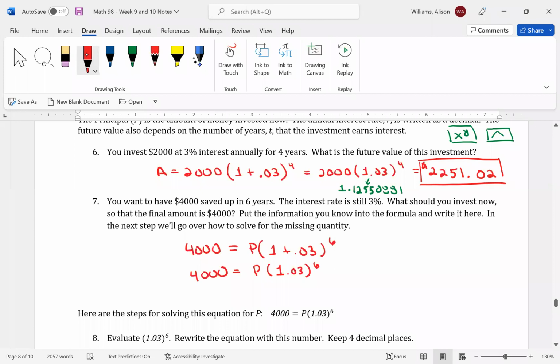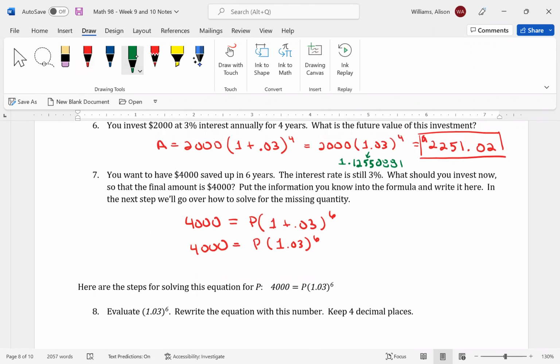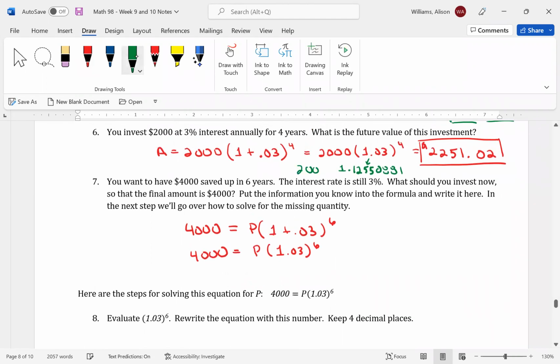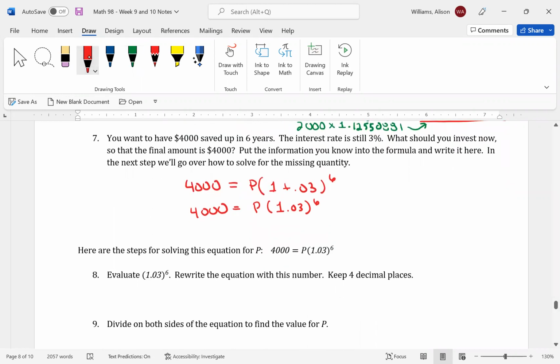So here are the steps. First, evaluate 1.03 to the 6th and rewrite the equation with this number. So they actually do have you write it, that intermediate step, which they're going to have us do. So evaluate 1.03 to the 6th. I'm going to take that calculator and plug that in